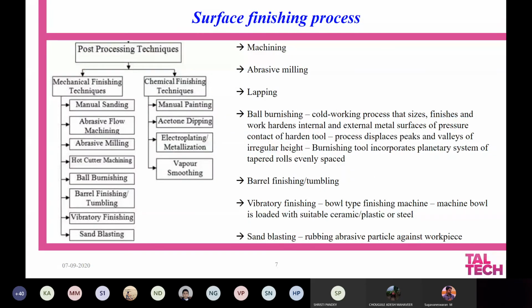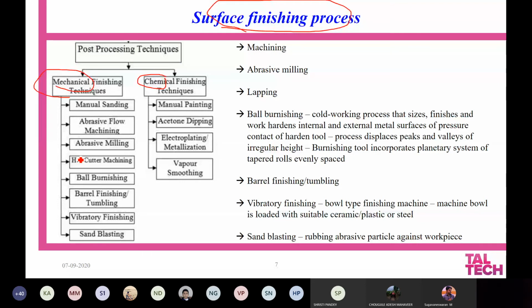And finally, one has to take care of the surface finishing, because for any material to be used in an industrial application, you always look for a smooth surface. That's where the surface finishing operations kick in. They can be of two types, either mechanical based operations or chemical or electrochemical based operations. When it comes to mechanical operations, again, you can categorize them in several ways. One can be machining by grinding.